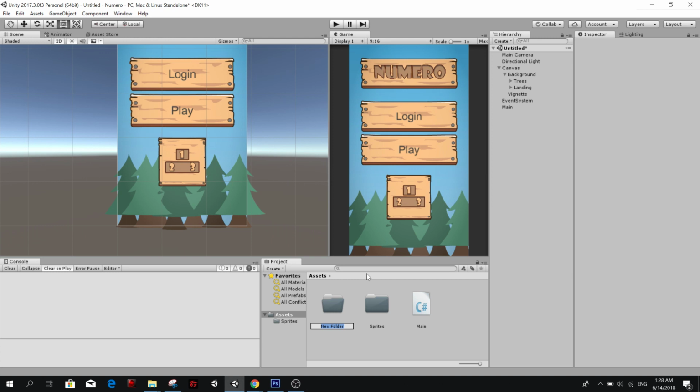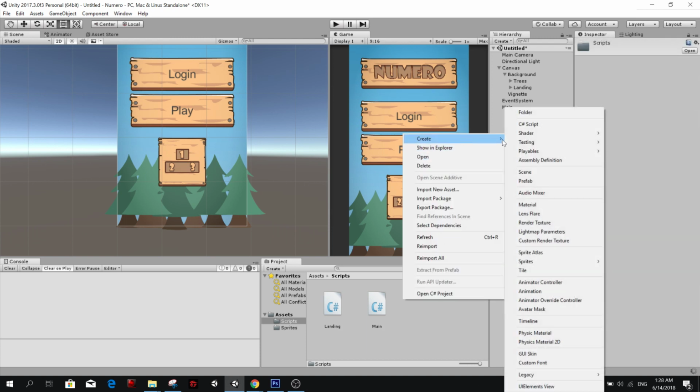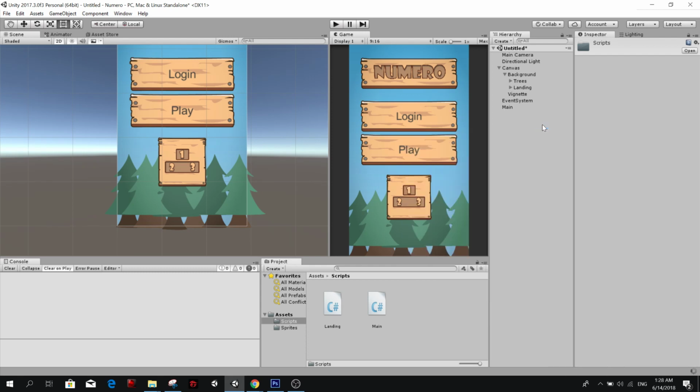So, scripts. Let's add main here. I'm going to make a script called landing. I'm going to make a script called, my computer's so slow, I don't know what's happening. Game controller.